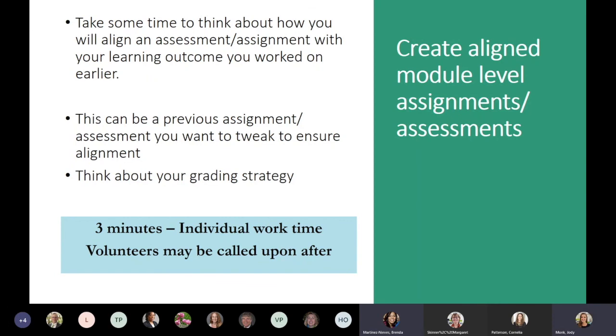Yeah, so typically when we have a module level learning outcome, we want to assess that they've met that outcome. So it sounds like you've developed a low stakes kind of learning activity, but maybe that assessment will come later. So in that assessment column, you may want to put what week you're going to assess that learning outcome. So maybe that outcome is actually assessed in a later module, in some form of summative assessment. So just make sure you take note of that, so as you're planning, when you are creating that later assessment, you circle back and wrap that in.